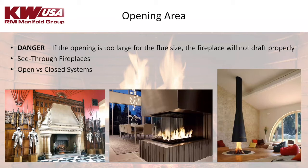So open systems like the first and the third picture require much larger chimney capacity to be able to exhaust a large volume of gases. They also allow more excess air to be introduced, drawing more room air, lowering the flue gas temperature, thus reducing the draft. So closed systems like stoves and fireplaces with doors, inserts, some ovens, burn more slowly, and they